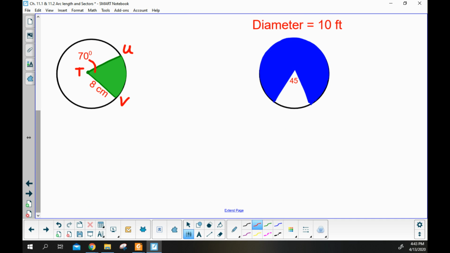We want you to find the area of the green sector. They give us that the measure of this angle here is 70 degrees, which tells me that the measure of arc UV is also 70. Again, central angle, keep that in mind from previous lessons. So we can find the sector, so I'm going to just put sector